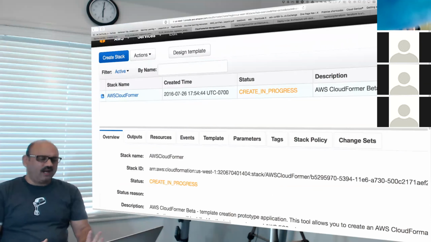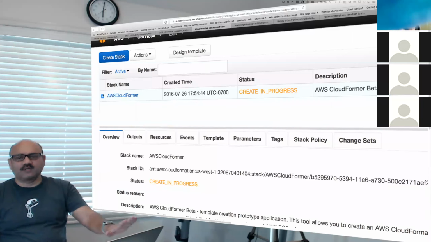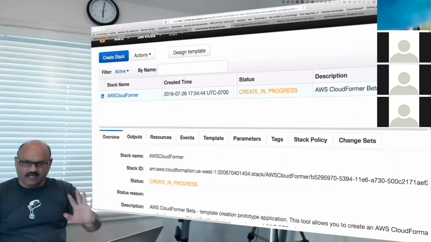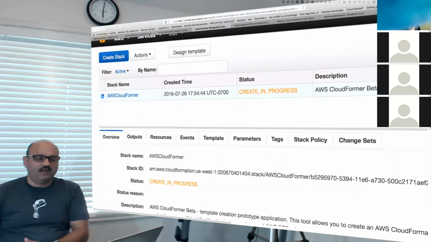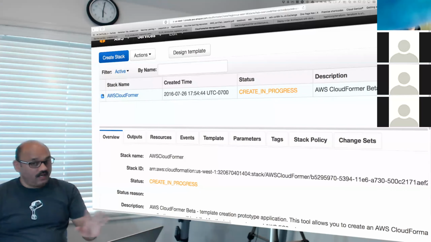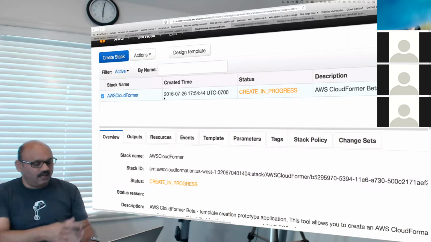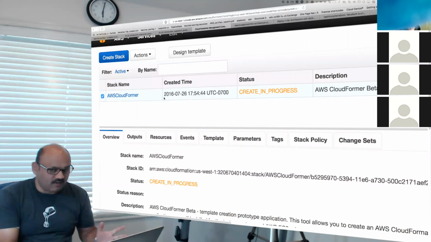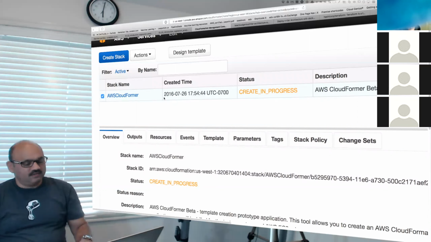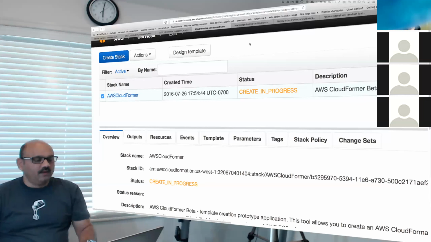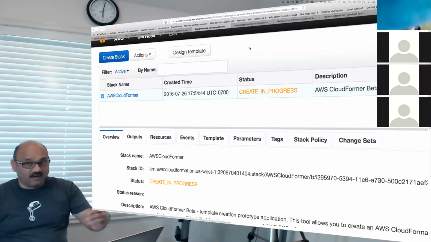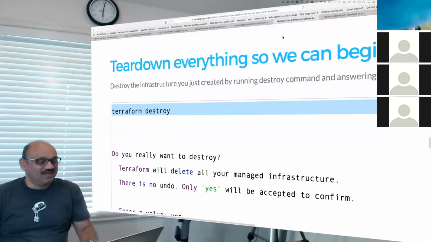That is what this tool is still creating, in progress. So here is what I'll do: I'll let it run. I don't care about it anymore, but we'll come back to it. I'll not destroy anything, just leave it running. We'll just use a different region, and we'll leave that cloud running as is, completely as is. Don't worry about it. So we'll leave the CloudFormation tool running in the background. In some time from now, I'll come back and see what's going on. But it is taking its own sweet time, so we'll ignore it. Or in my language, I should say, we'll pardon it. We'll pardon it and go ahead.